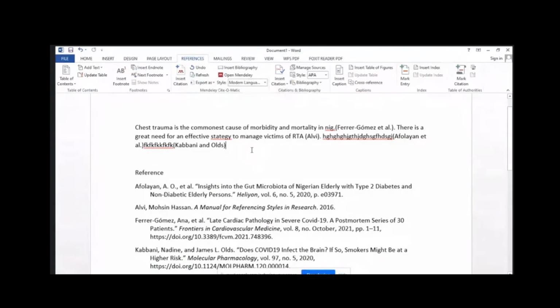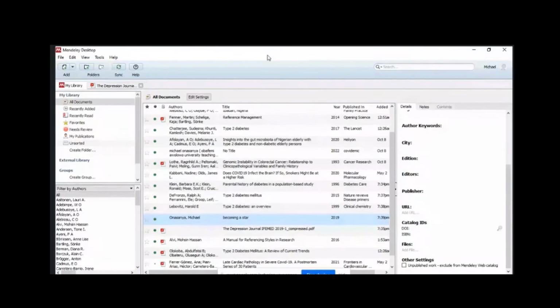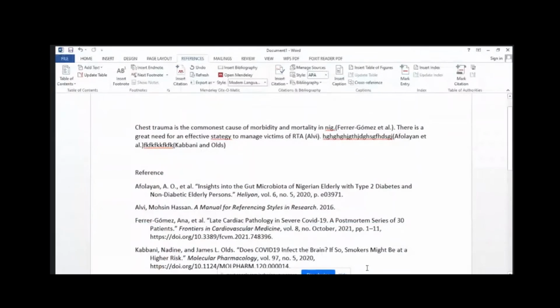Another thing, but because of our time, I won't do that. If you have a problem with your Microsoft Word, for example, I had a problem with my Microsoft Word, maybe because it has expired or something. There was a manipulation I did to ensure that it was there because my Microsoft has expired. For example, if I wanted to sign in, let me close my Mendeley. You will see what I'm saying. Let me close my Mendeley.